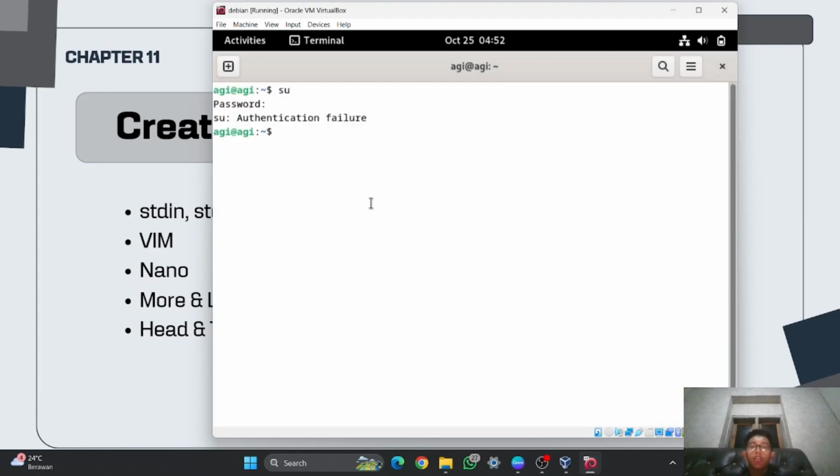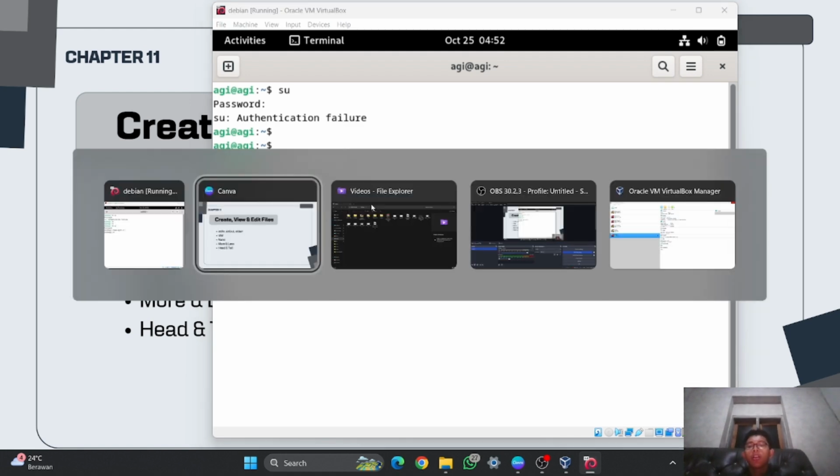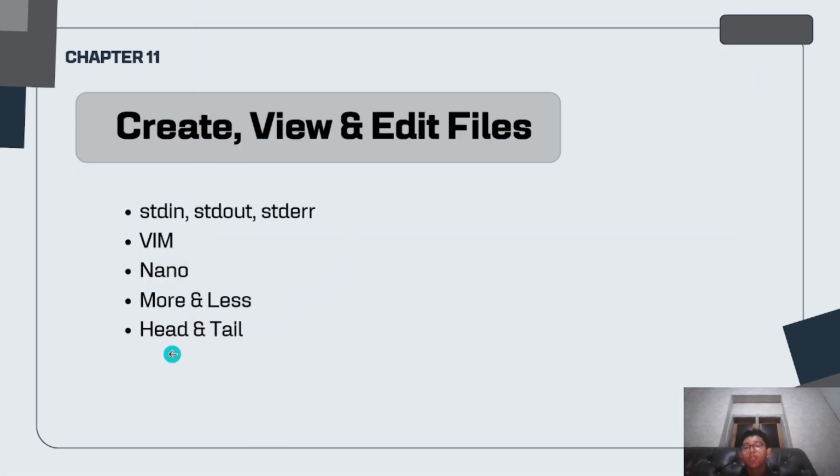close the terminal, and here I will go to sudo, and the next one I will practice is head and tail. For head, it is almost the same as cat, but head only shows the first 10 rows, and tail only shows the last 10 rows.